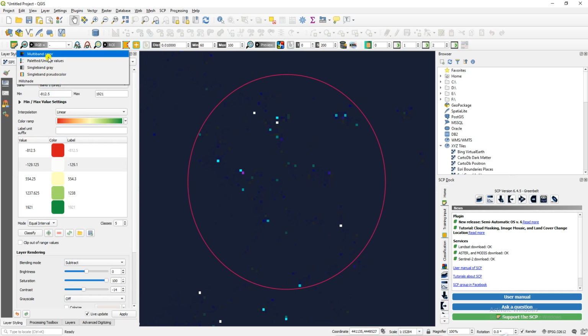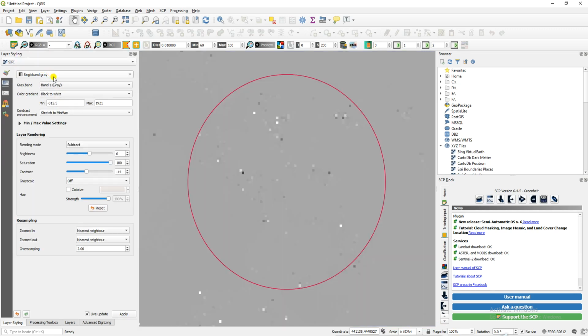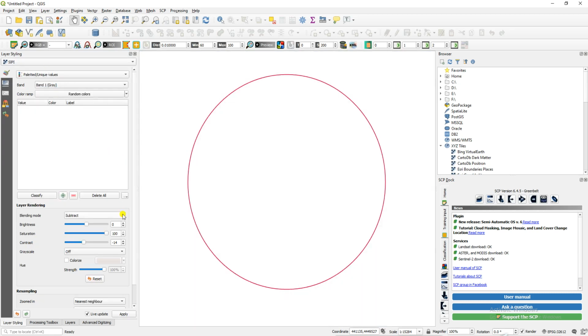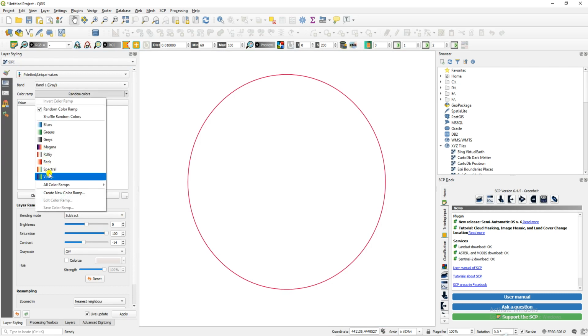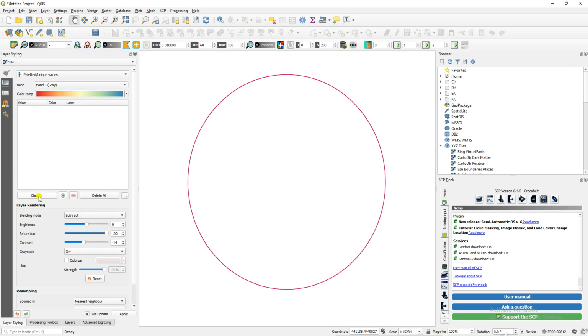We are also applying the single band gray. We also try to use this. In between there are a number of random color maps, we are using the spectral bands and just apply on that. Just click on the apply button.